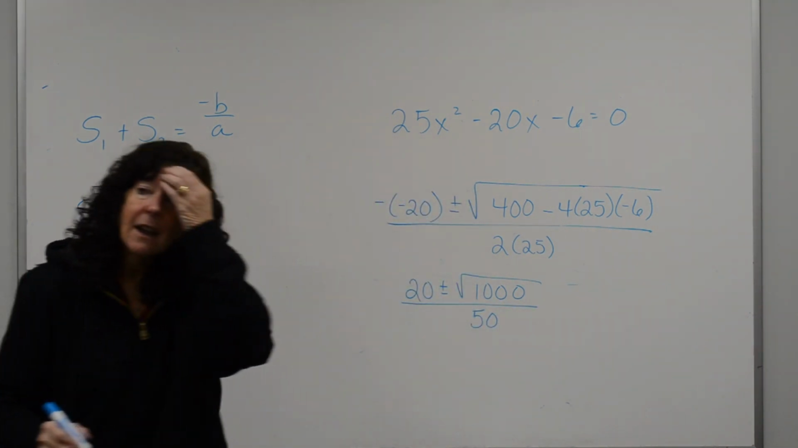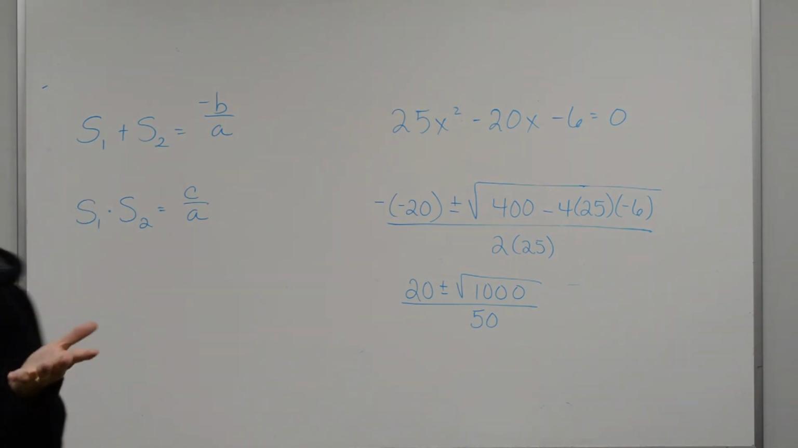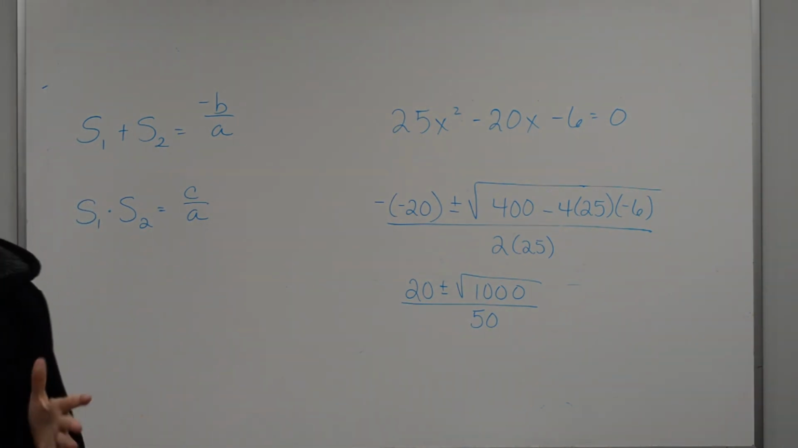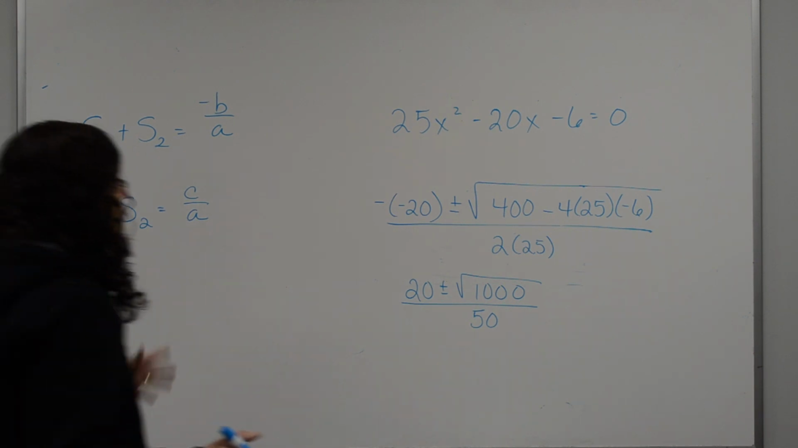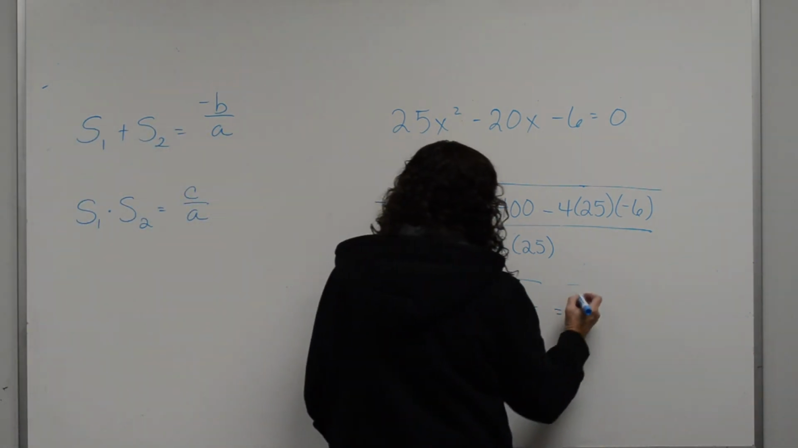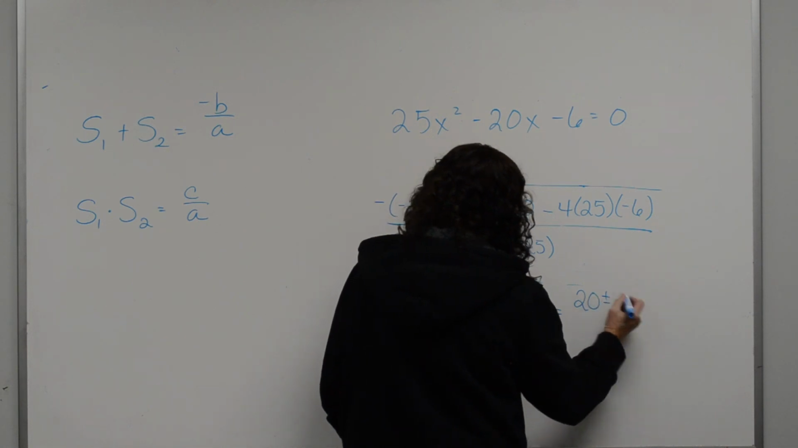Well, I look at 1,000 and I go, what can I multiply together to get one? Because I can't take the square root of 1,000. If you try it, it doesn't come out whole. Okay? So then I turn around and I go, okay, that's the same thing as 20 plus or minus,